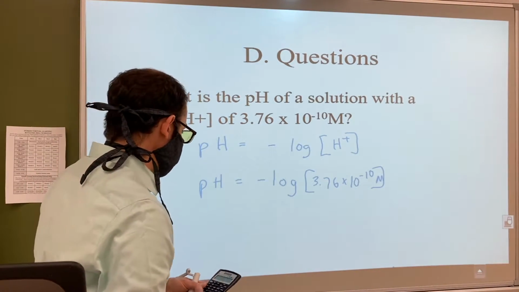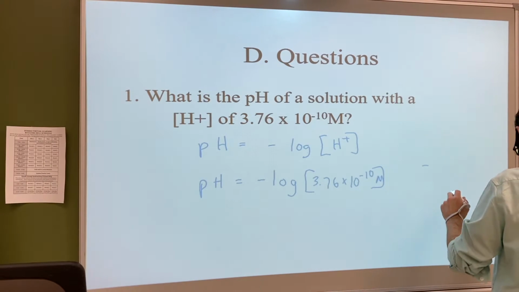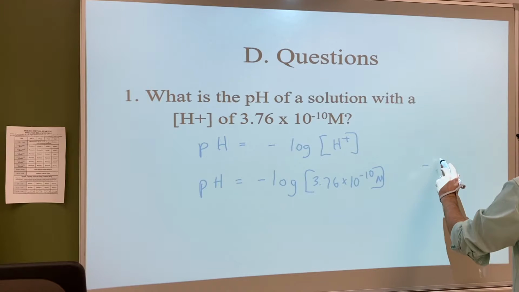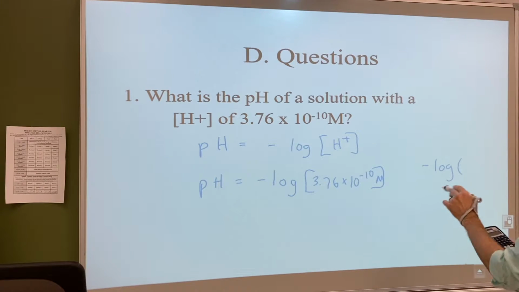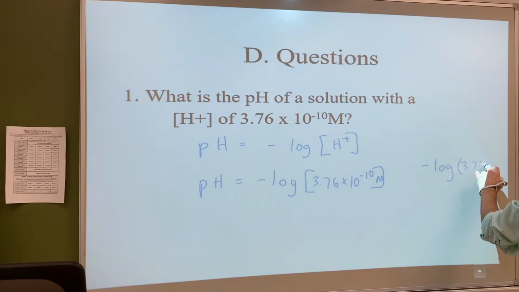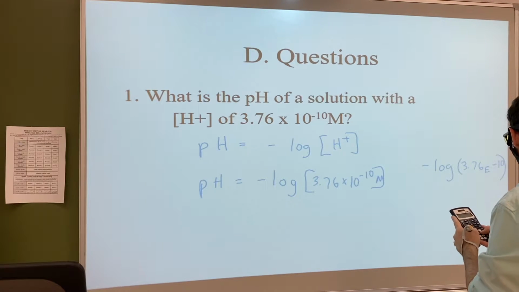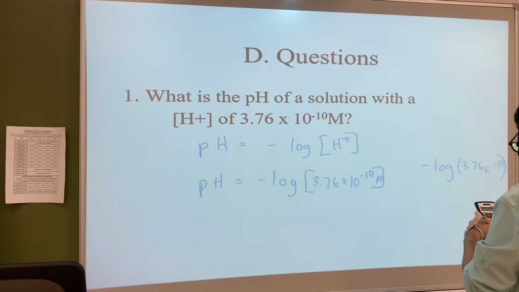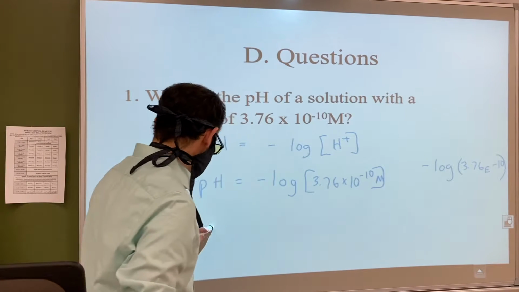While you guys are trying it, I'm going to write what you would actually be putting in the calculator. So I would be hitting negative, finding that log button, log. That opens up parentheses, right? And then you type in the number, 3.76. Hit that E button, negative 10. And then if you'd like to, you can close the parentheses. Some calculators you don't have to. And then we'll get